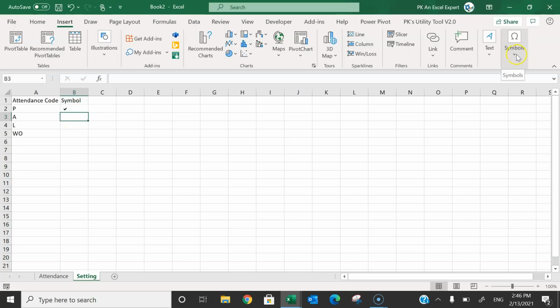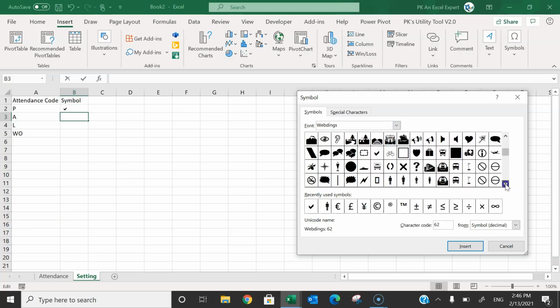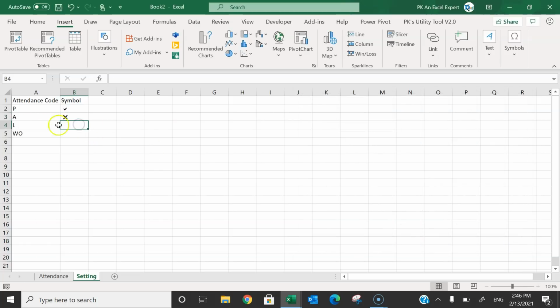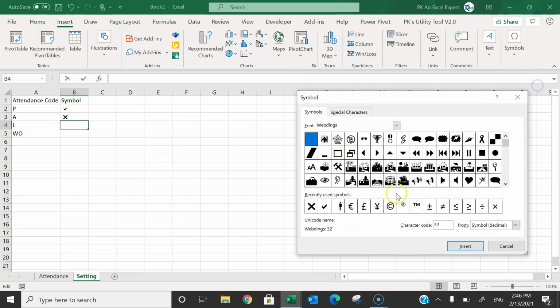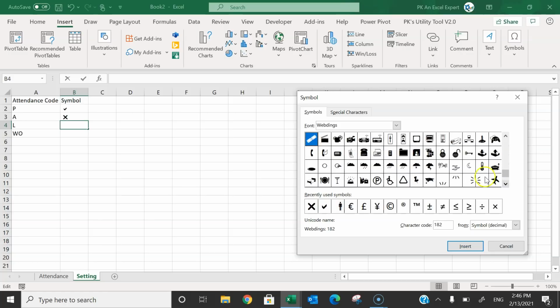I'll go again to Symbol, and this time again I'll take from the Webdings and I will take this cross sign for absent. Just click on Insert, and now here in the leave I'll take this symbol from the Webdings. Just scroll it down and let's take this one.